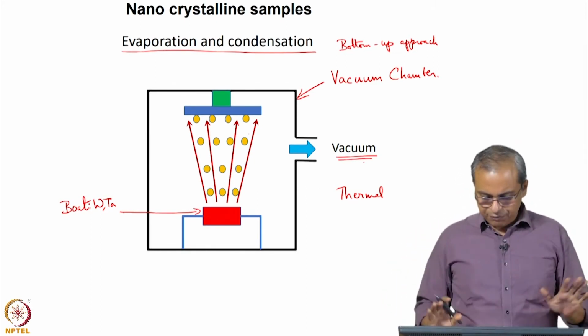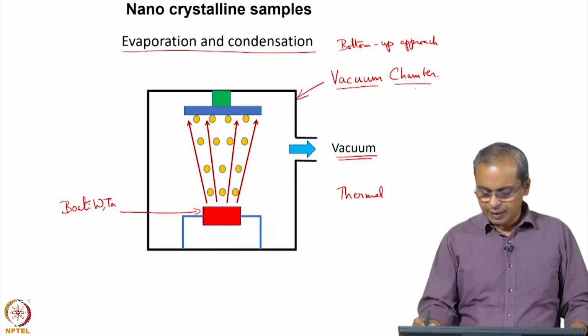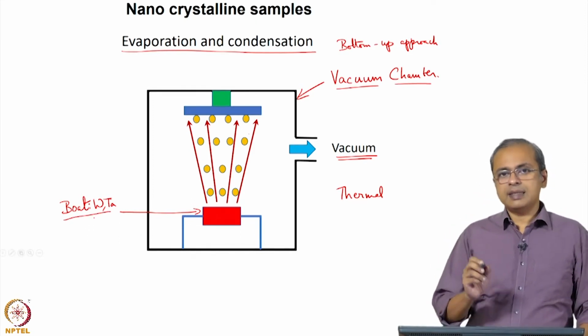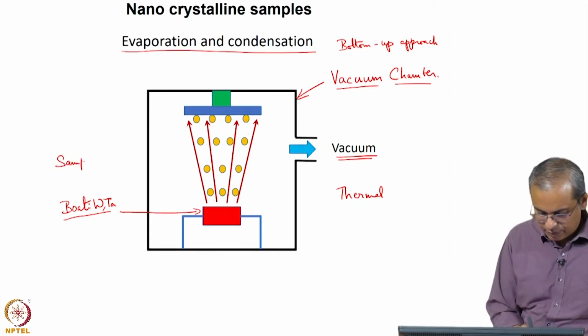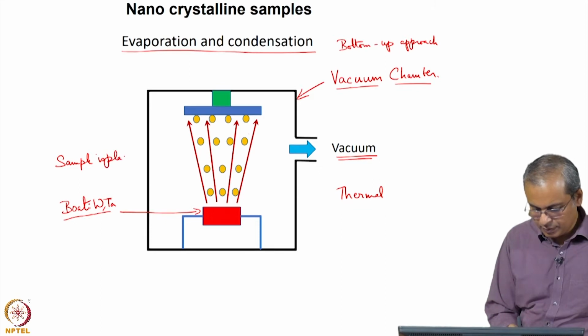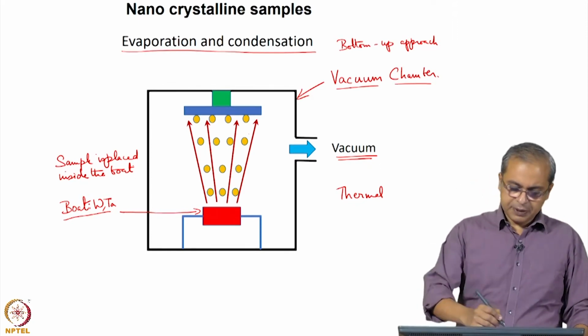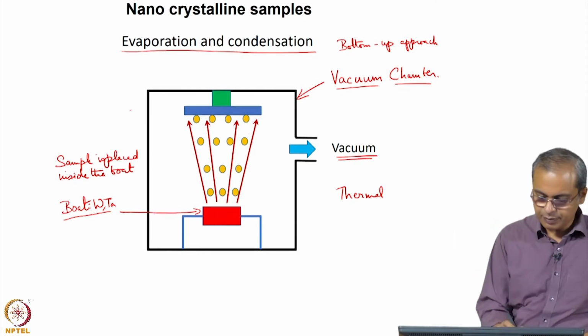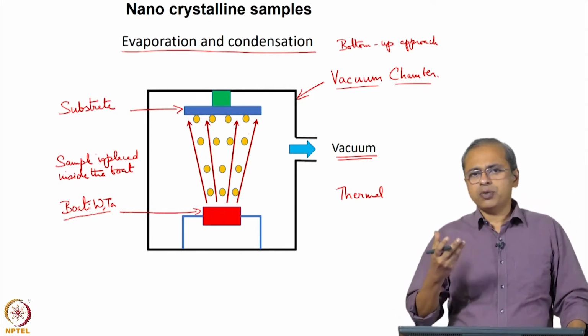So, now before you do this, let us see a few parts of this system here. So, you have a vacuum chamber, this is the boat that we spoke about, the sample is placed in the boat. Okay, so, sample is placed inside the boat. Then we have a substrate. So, this is a substrate,